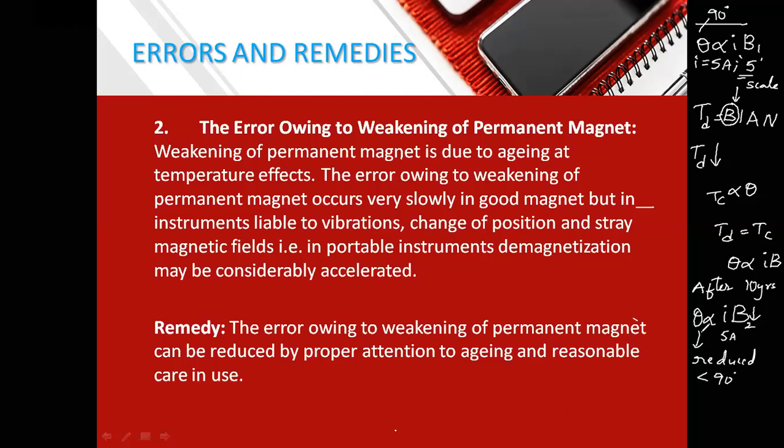Now when theta is reducing, that means the angle of deflection is reducing. Full scale deflection was 90, but even though now you give 5 ampere, it will not turn through 90. It will be turning only to some value less than 90. That means it is not going to show 5 on the scale. It will show some reading which is less than 5, but our current is 5 ampere. That means there is some error introduced.